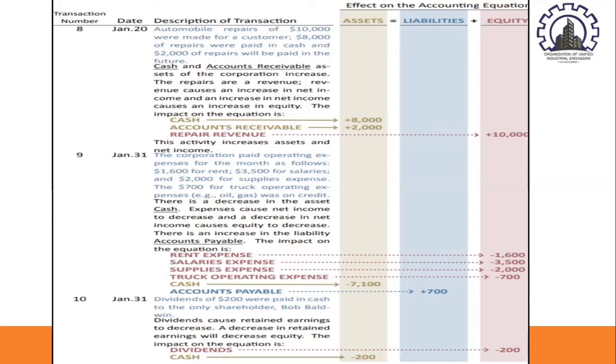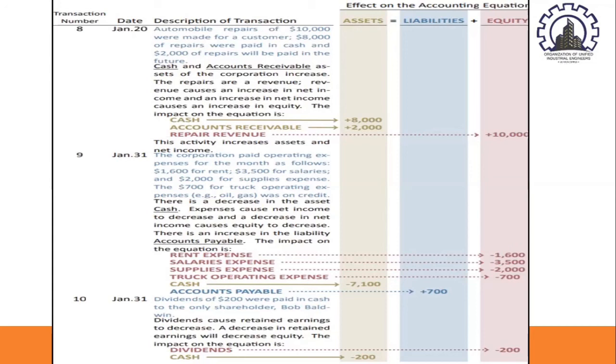And since you have repairs, revenue causes an increase in net income, and an increase in net income causes an increase in equity. So the impact on the equation is you have the repair revenue, so that would be plus